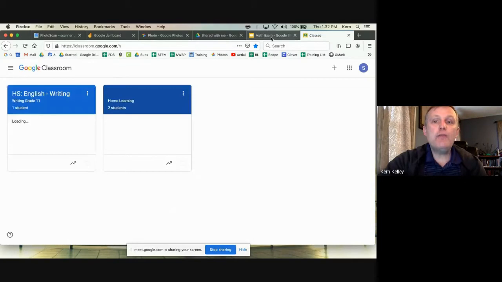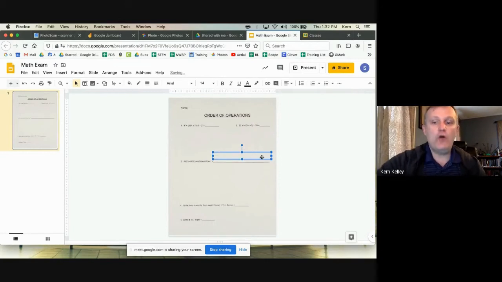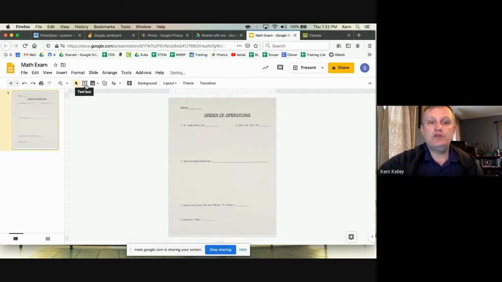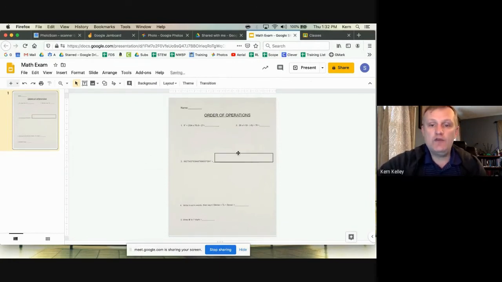I do want to make sure that I have answer boxes here. And for these answer boxes, what I did here is I just grabbed this little T with a box around it. I put the box in the area that I want it. And then if I click on this little icon right here, I'll put a border around that. See, it's black here. And that's just to show the students where they're going to type into. I can make it dashed or something like that.